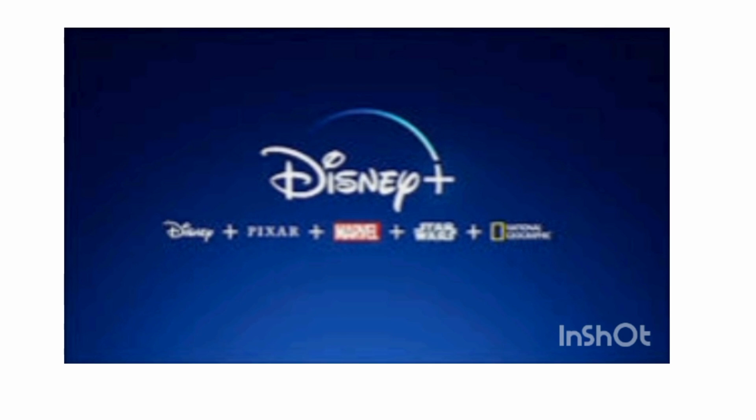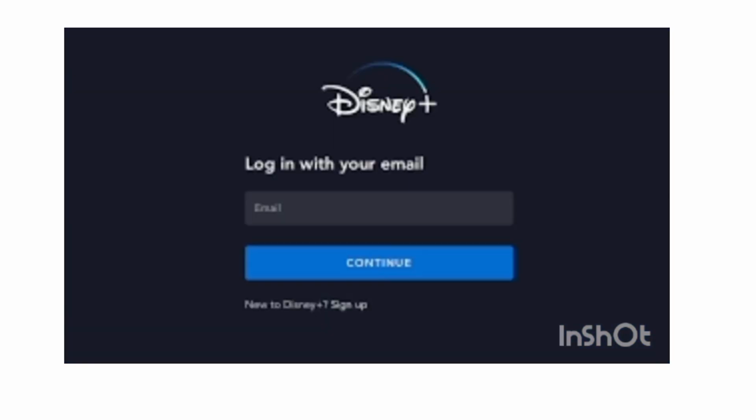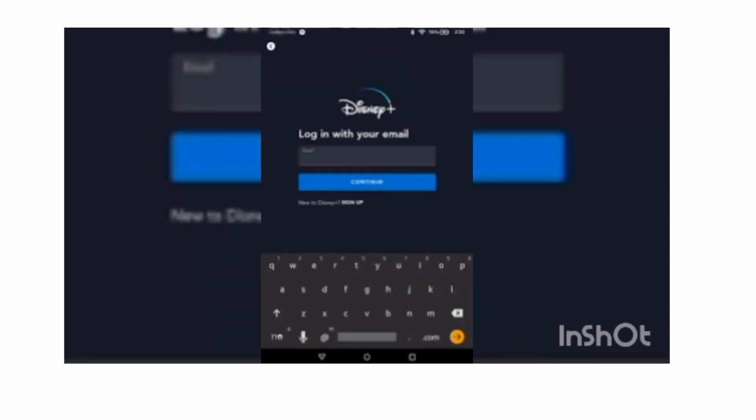After, if you're using the website, you have to look for the login option usually located on the upper right corner. If you're using the app, you'll find the login button on the main screen. You have to input your email address and the password associated with your Disney Plus account and make sure to enter them correctly. After entering your credentials, you have to click on the login or the sign in button to